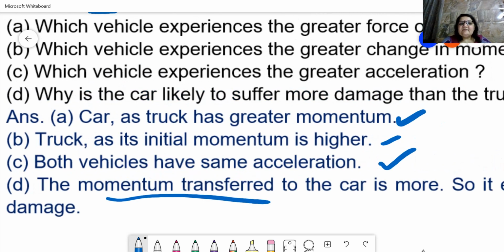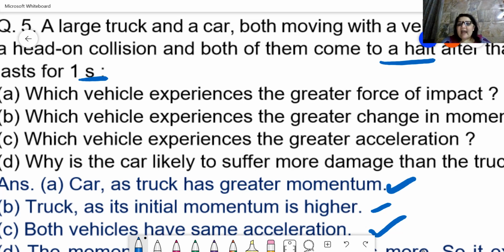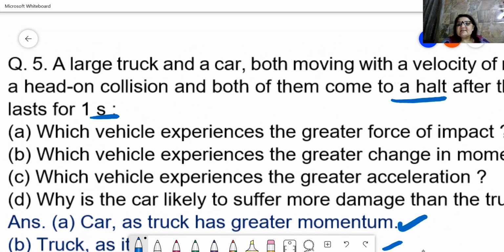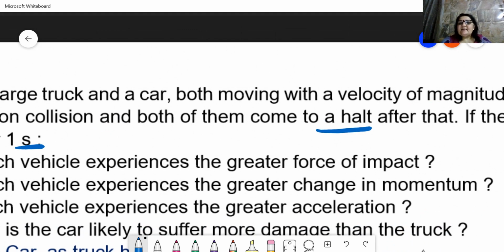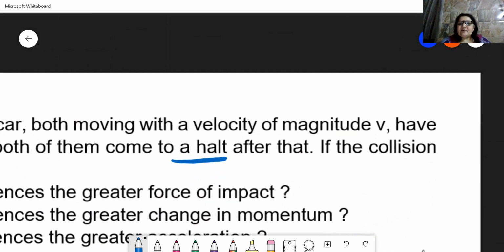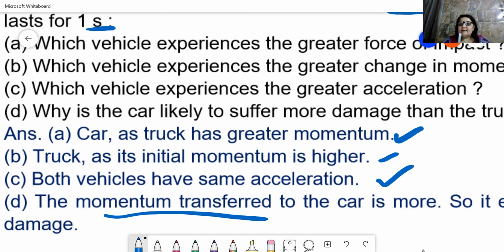So these are 4 questions with a very simple explanation, which I wanted to add to your exercise so that you do all the types of questions which we have in different books for examination purpose. Thank you everyone. You have to complete all these questions now. Complete it before 1st July.